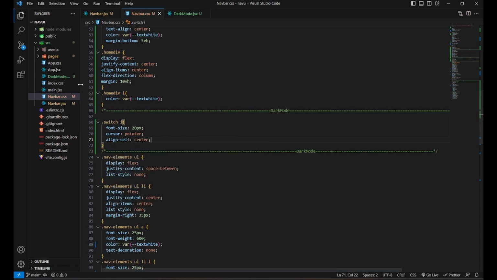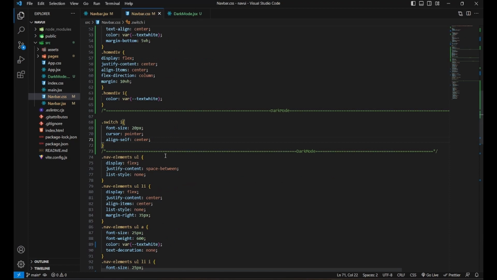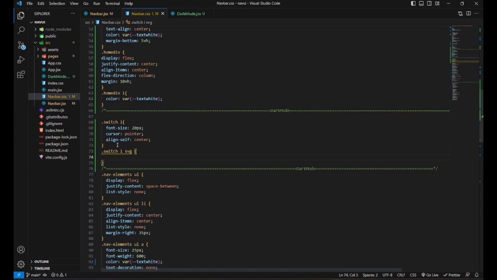So we are using align self, and we also need to color it. For that we would have to select the SVG and use the fill selector. So we will select switch icon SVG, and here the fill property will be applied, and in that we will use a color variable which should be text white.